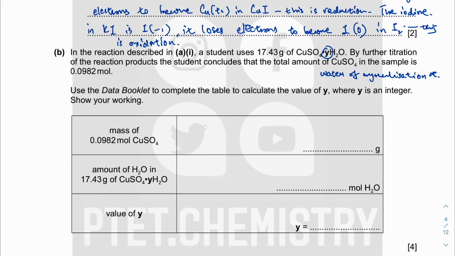So what do we know? We know the total amount, so the amount that refers to the mole. So the mole of copper 2 sulfate is that. This is without the H2O. So what do they want? They want the mass of this much mole of copper 2 sulfate. So you know the mole, you want the mass. What do you need? Well, you need the MR of just CuSO4. Get that from your data booklet. So maybe you can just write it down: 63.5 plus 32.1 plus 16.0 times 4. That will give me